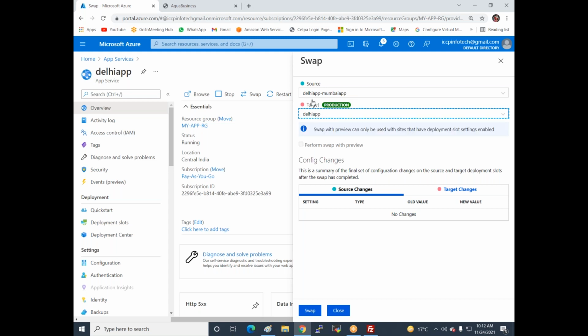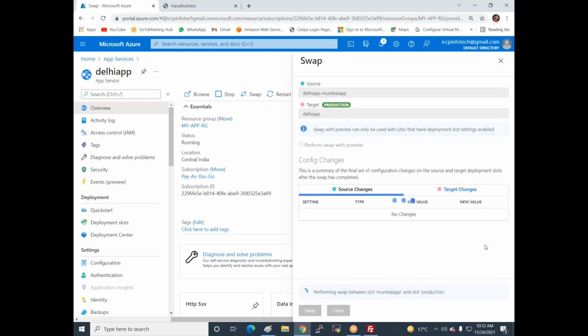This time, just swap this to this. So now just click on swap again. Just a minute.